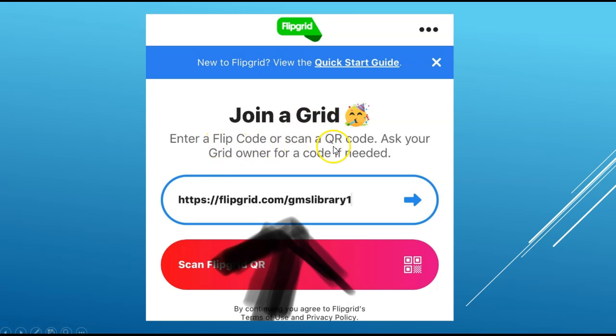Enter a flip code or scan a QR code. Ask your grid owner for a code if needed. In this case, the librarian, I'm the grid owner because I'm doing this to celebrate Librarian National Week. And this is the real code that you'll be needing to participate in order to enter the $20 e-card competition. Okay, this is the code. I will get all this information on the Google Classroom message that I'll be posting, but this is a real code. Once you put it in,